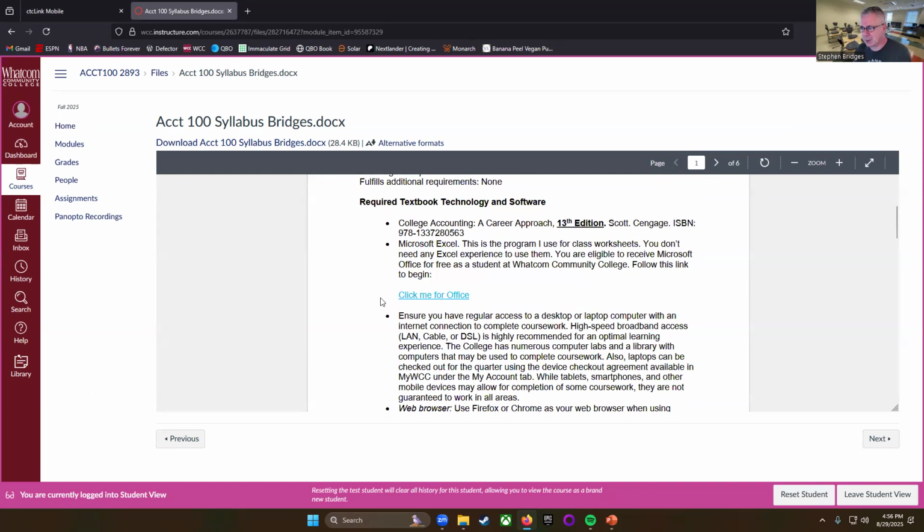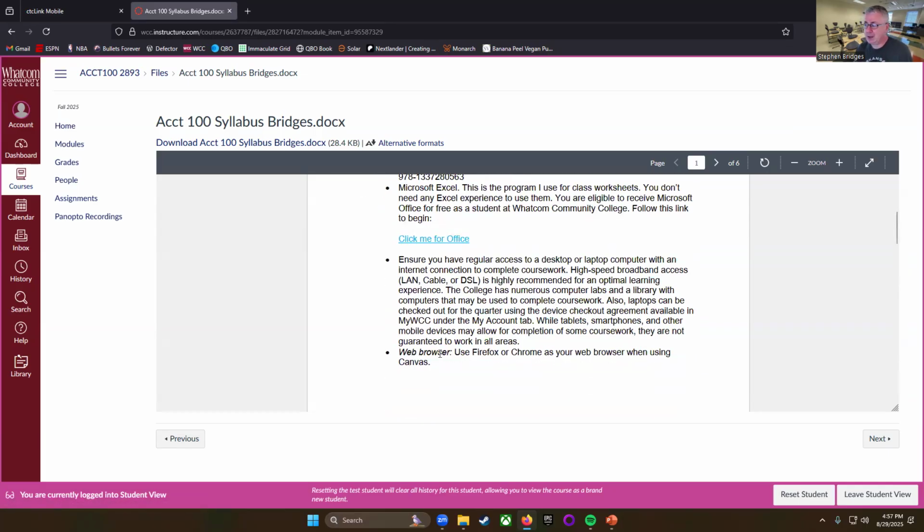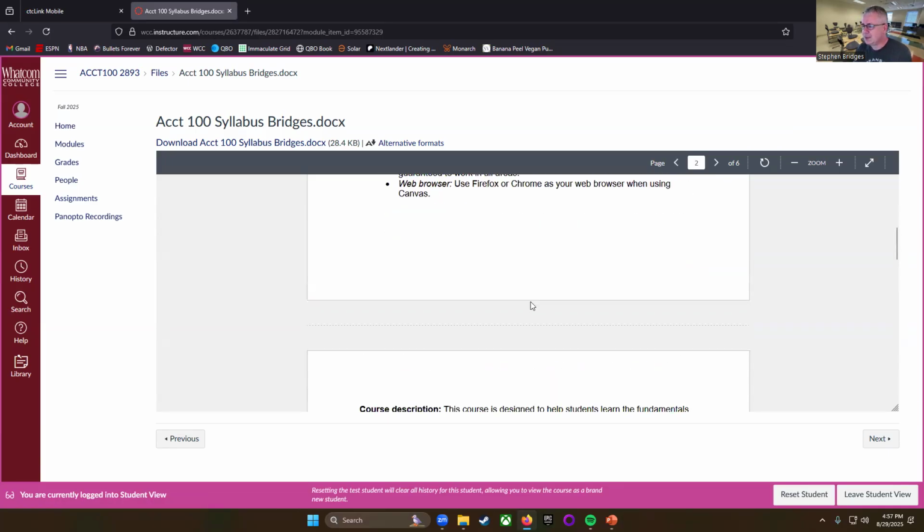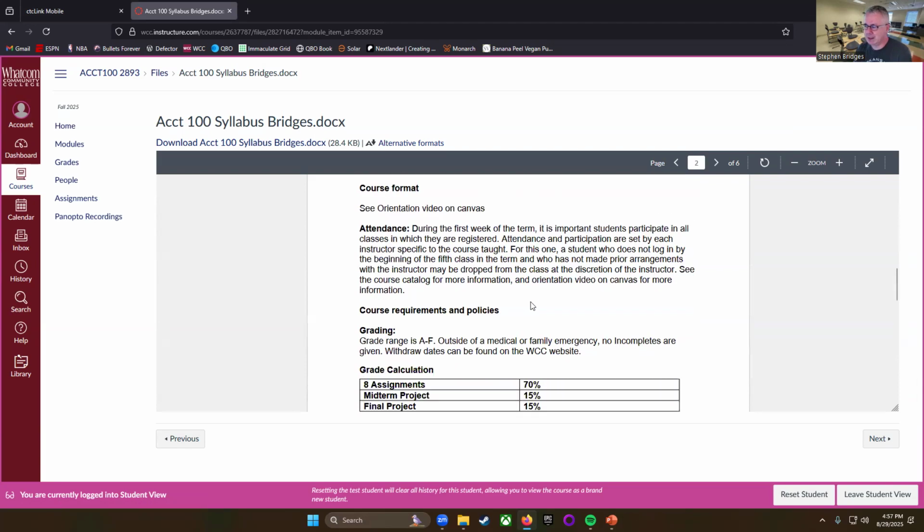I'll say every class is going to need Office. You get Microsoft Office for free just by being a student of Whatcom Community College. If you click this button here, it will take you to a page on how to install Office. You're also going to have internet, either through the school, coming to school, or on your own, to submit your work, of course. Let's see if there's anything else. And then the rest of it is pretty much boilerplate